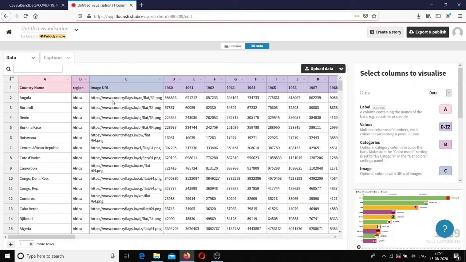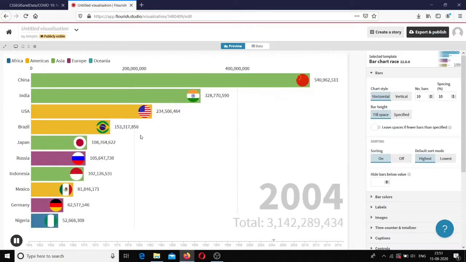Image URL we can download from this website, countryflags.io. They have the images for all the countries, and if we request, they can also provide custom flag images also. And after that, the values. So we have to give all this data here, and then the data will be generated.